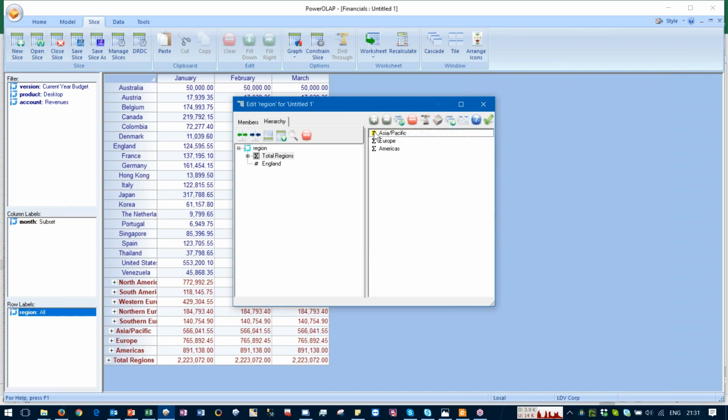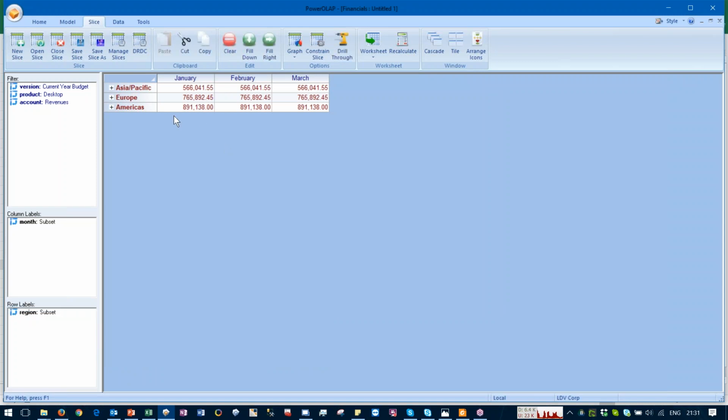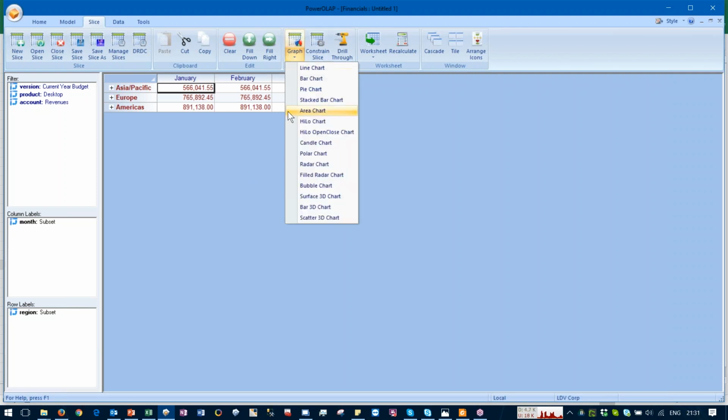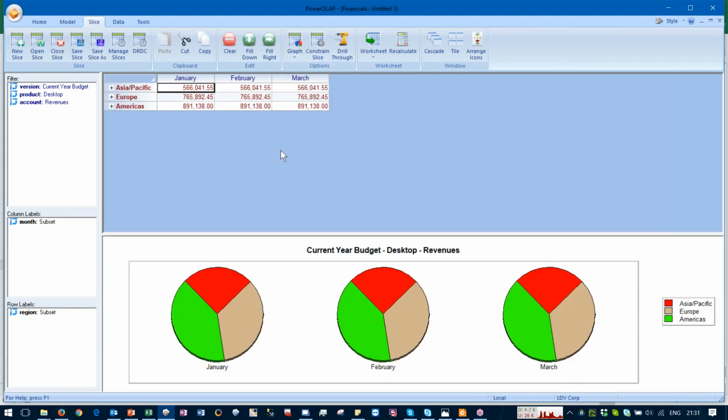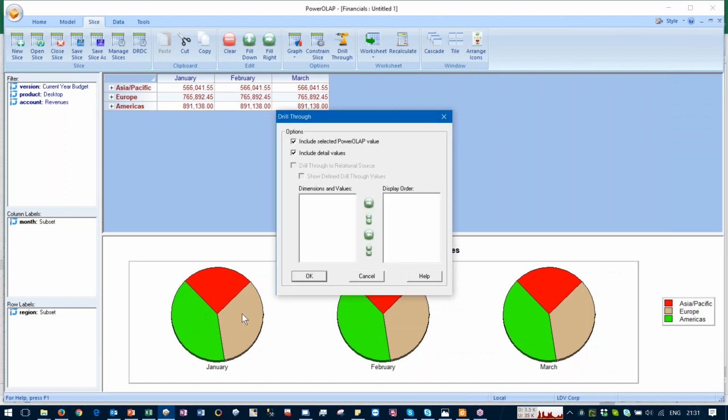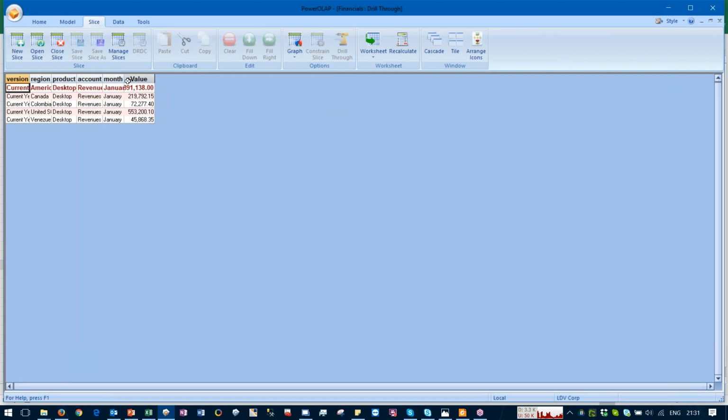I don't want total region in my graph, so this is the data on which I want to build a graph, and I want to make it a pie chart. There you go. And I think it's possible to drill down on any area, so I can say drill down, and that will show me the values that make up that value in my